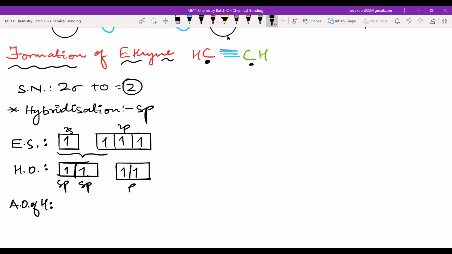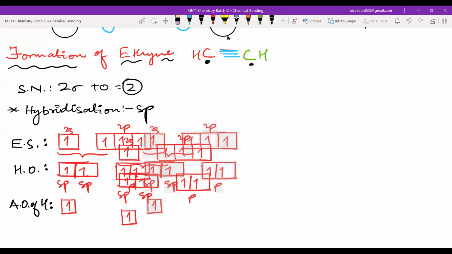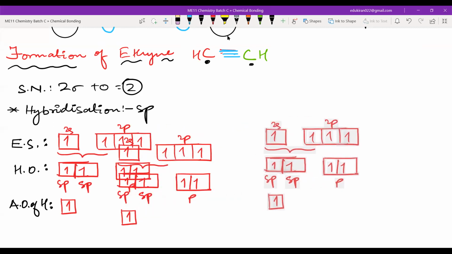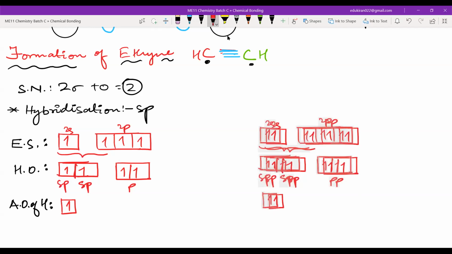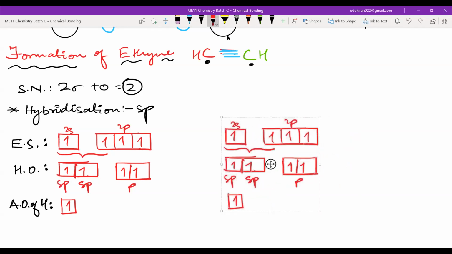So how many hydrogens for each? There's 1 hydrogen here. There will be the same type of another hydrogen for that one. So let me just get this and also change the color. Okay, this is for the green one. Let me just make it a bit. This is for the green one. Oh my god, you guys must be feeling so bad, because I can just copy and paste these things.